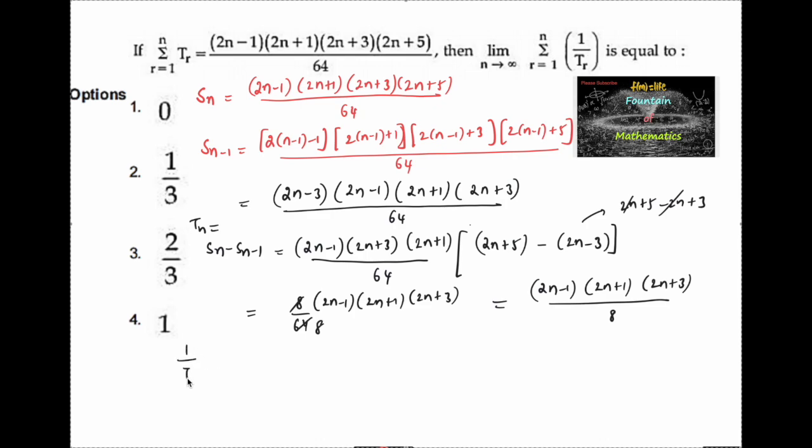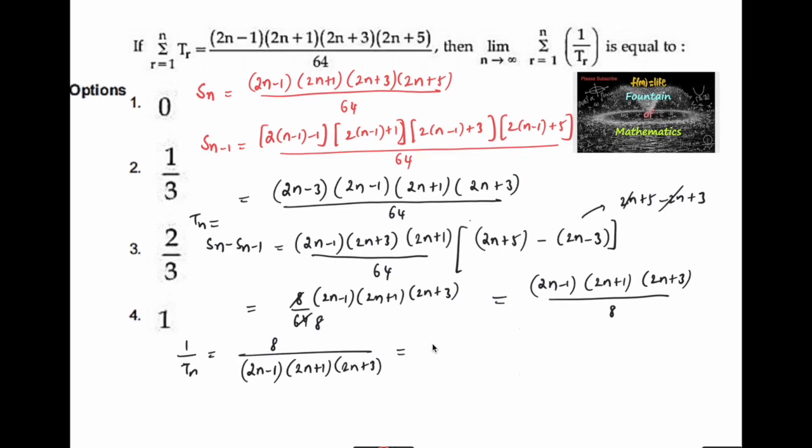Then 1 upon Tn, which is equal to 8 upon (2n minus 1)(2n plus 1)(2n plus 3). Let's take 1 upon 2n minus 1 common. And here the difference between 2n plus 1 and 2n plus 3 is 2. So let us write 8 as 4 into 2. So 4 here, and here I can add 1 upon